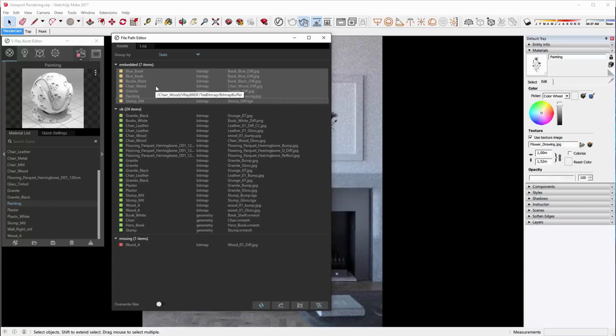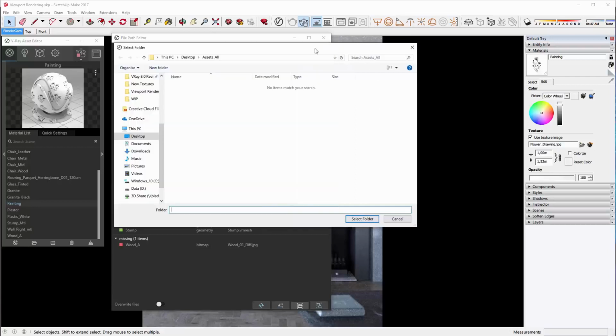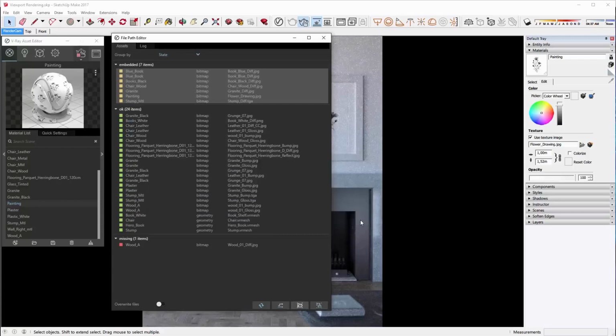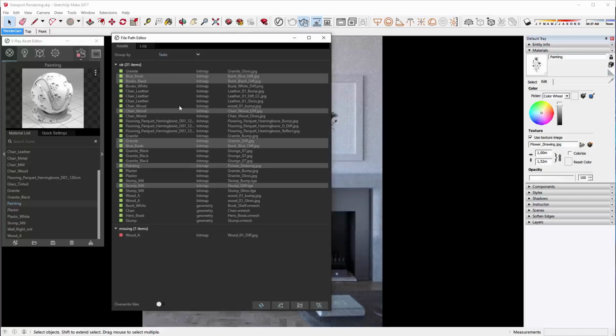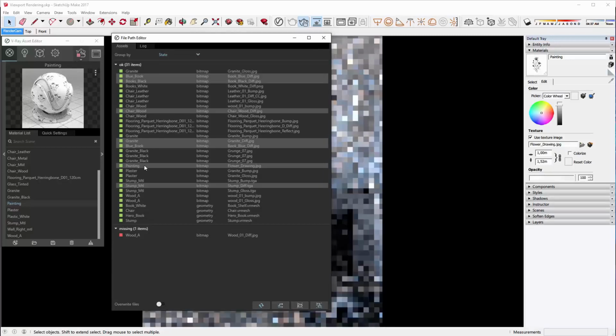But we want to archive those on the hard drive so we don't have issues. We have a button for that. It's called Archive. If we choose a directory where to archive them, we can simply say select folder, and all of the textures will be archived there. Now it looks as if nothing has happened, but I assure you that V-Ray has copied all the textures there. So now we need to relink them, and we have a button for that as well. It's called relink. We click that button, and we're now in the assets folder. We say select folder, and now SketchUp has relinked all of the textures.